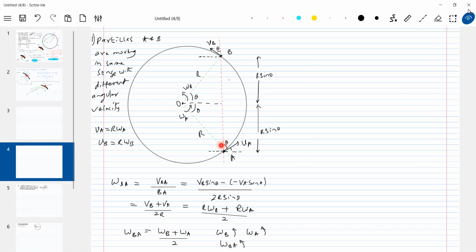Angular velocity of B with respect to A. What about angular velocity of A with respect to B? It will also be the same vector, here. Both will be in same direction, out of the plane. So angular velocity of A with respect to B also will be out of the plane. But the vector, where it is acting, it will act at A. So omega BA will act at A, out of the plane here. What about omega AB? It will be out of the plane, passing through point B. Able to get this one?